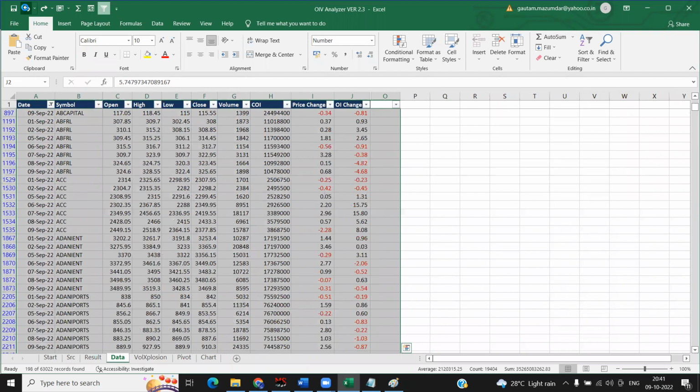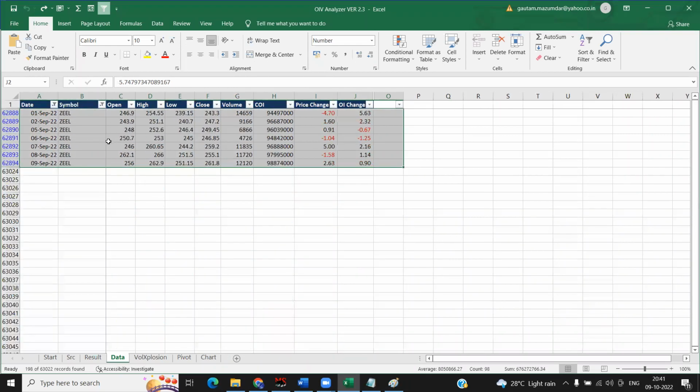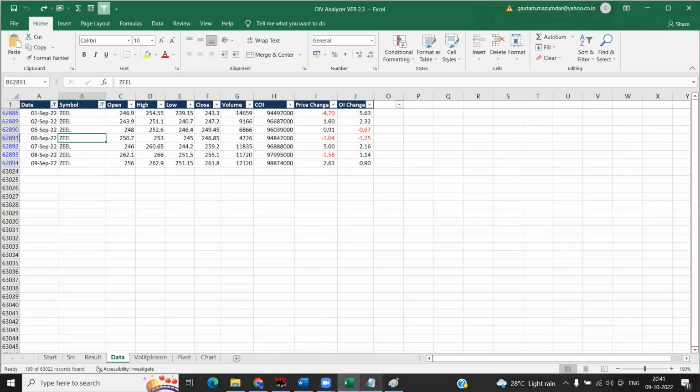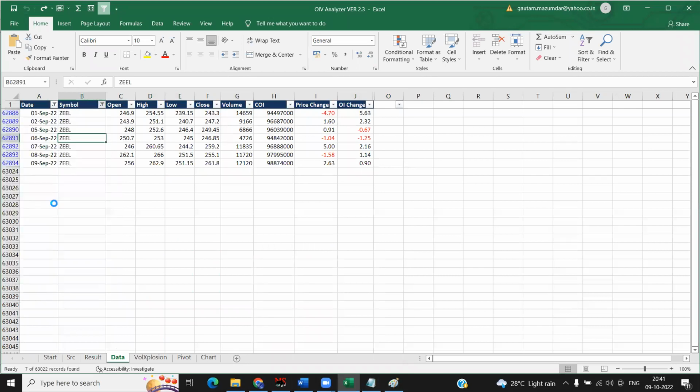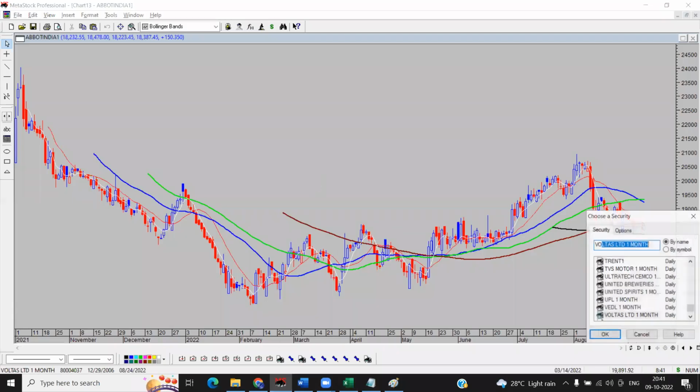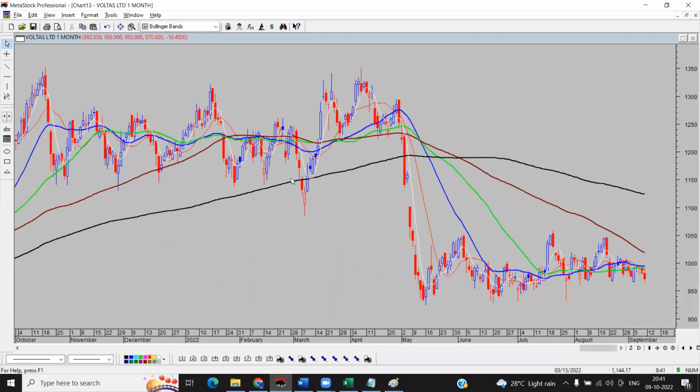Go back to the place where we had set it individually, like Z has been set here, and I take up which stock was it? Voltas. Voltas, fine. For the last 3 days the price is falling and the open interest is also rising. In fact, it had started to do so earlier already, right? But if I go to the chart, it is flat with a slight downward bias.